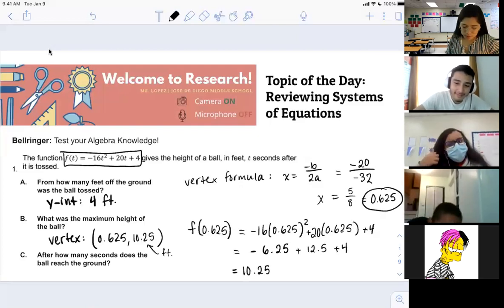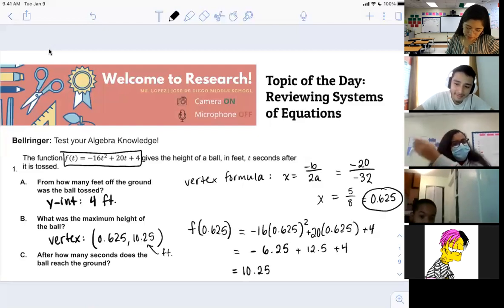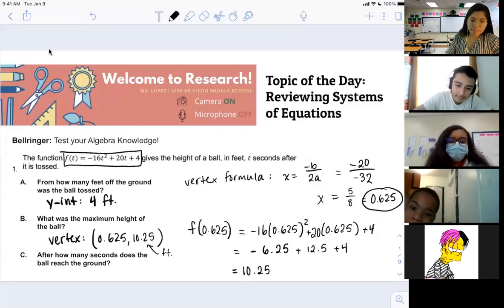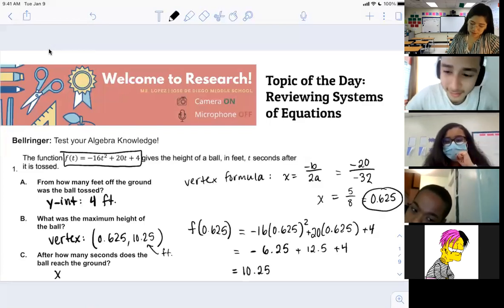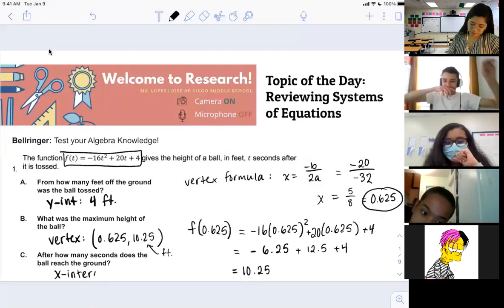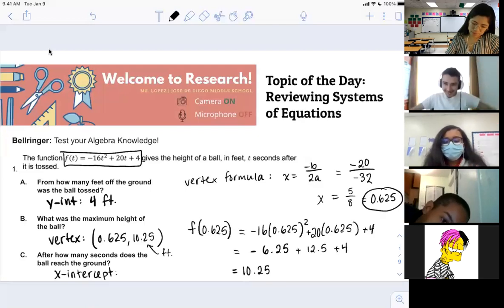None. All right, question C. After how many seconds does the ball reach the ground? What is that asking for? Okay, so first of all, we need to find out the time. We need the x-intercept, right? Exactly. So that means it would be,